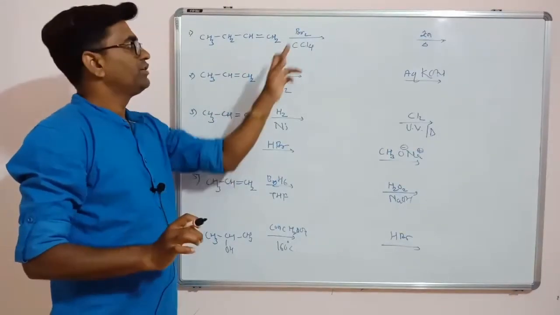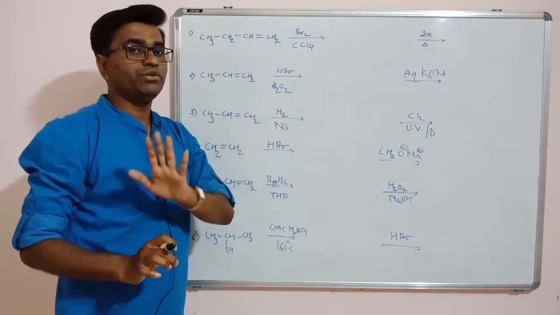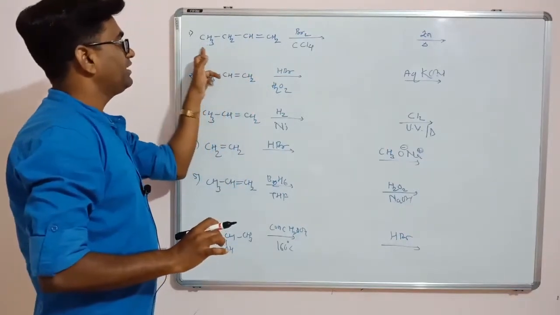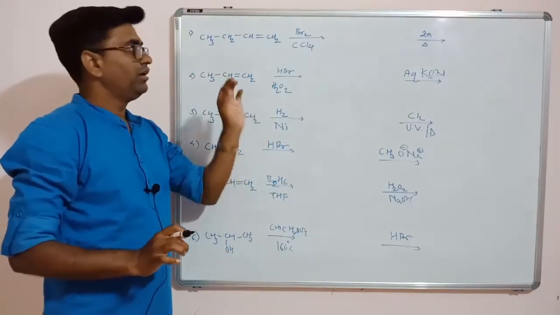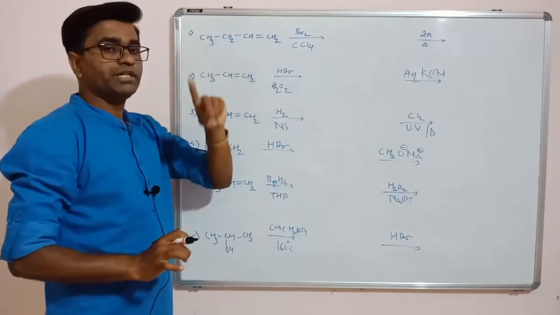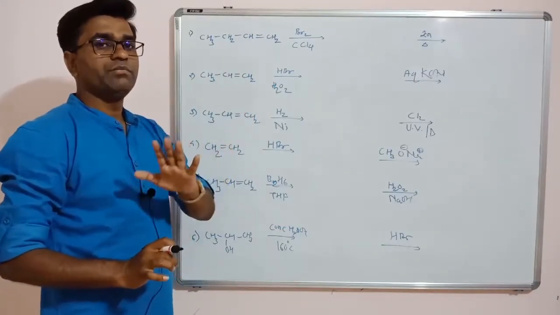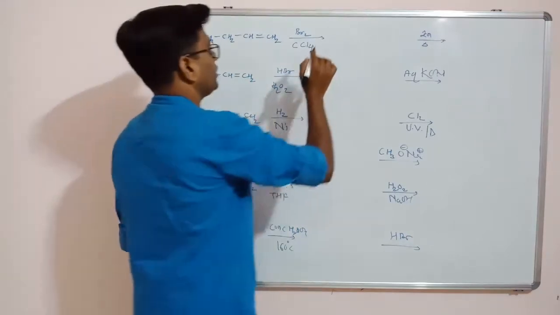Br2 is the reagent. So Br2 will get added to the unsaturated double bond only. Nothing to be done here. So what will happen? There will be the addition reaction, the double bond becomes a single bond, and each double bonded carbon will get a bromine atom. So the product will be